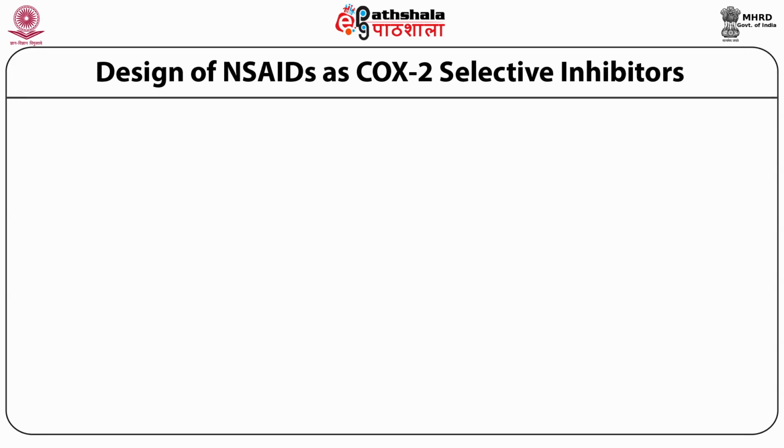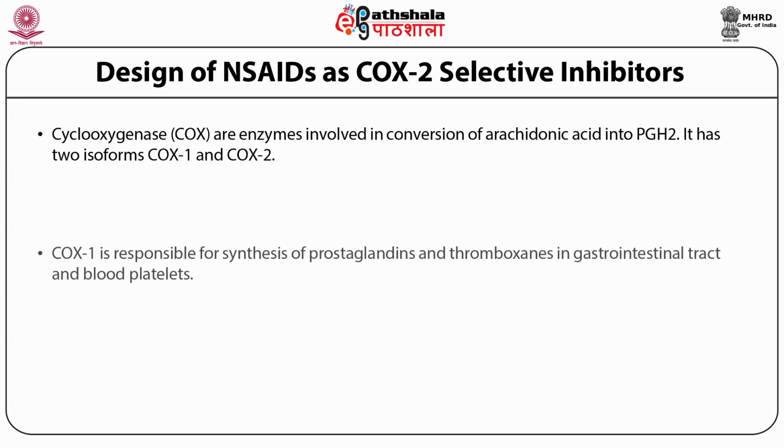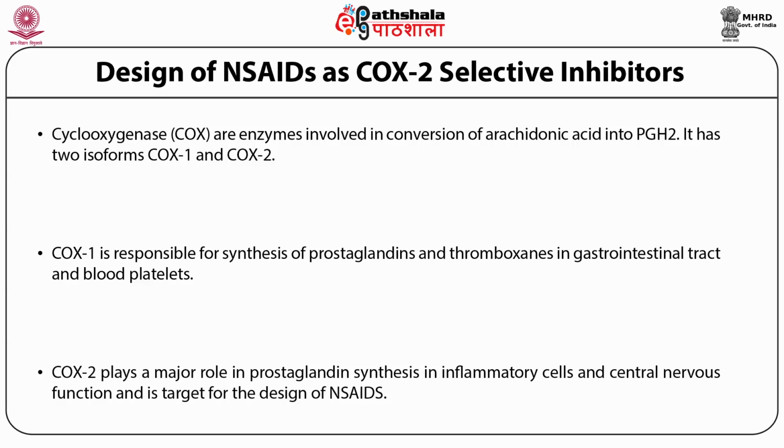Design of NSAIDs as COX-2 selective inhibitors. Cyclooxygenases, COX, are enzymes involved in the conversion of arachidonic acid into prostaglandin H2, PGH2. It has two forms, COX-1 and COX-2. COX-1 is an enzyme responsible for the synthesis of prostaglandins and thromboxanes in the gastrointestinal tract and blood platelets. COX-2 plays a major role in prostaglandin synthesis in inflammatory cells and central nervous function,